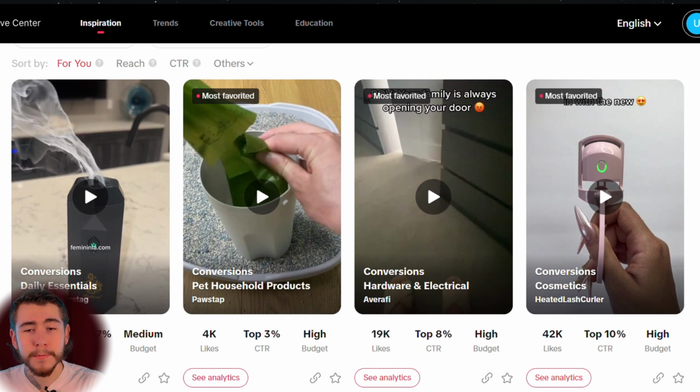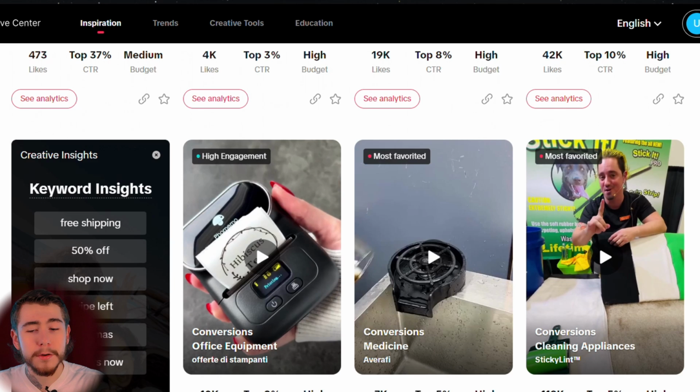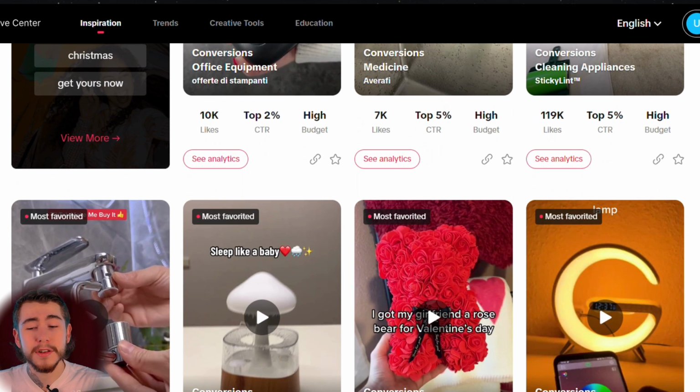liked ads on TikTok. It'll show you everything from the likes to the click-through rate to their budget, their landing pages. You guys can analyze every aspect of these stores' funnels and see how it's performing for them. So keep scrolling through this list until you find products that grab your attention and you could potentially build a